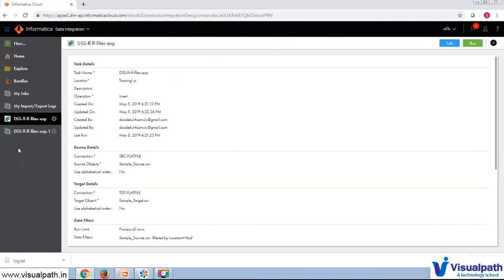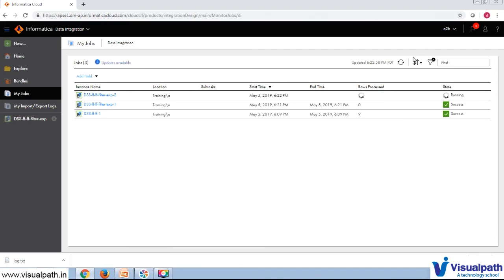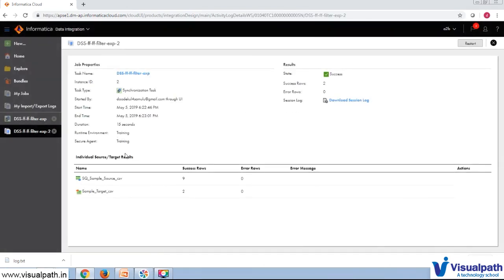So you can go to your my jobs and then you can see it has processed 2 records. From the source it has read 9 records and processed only 2 records.